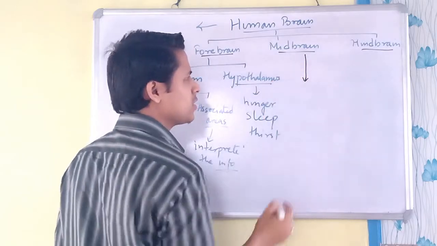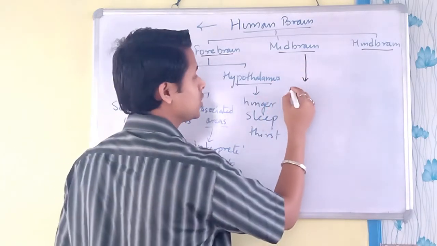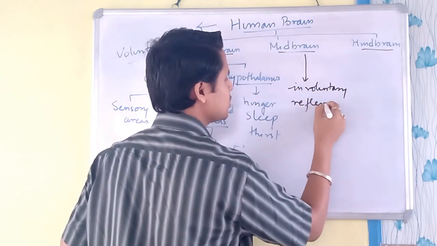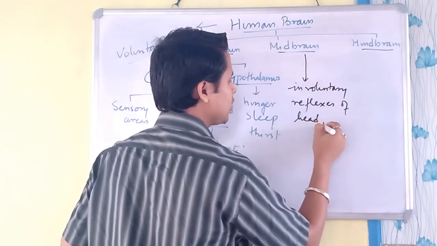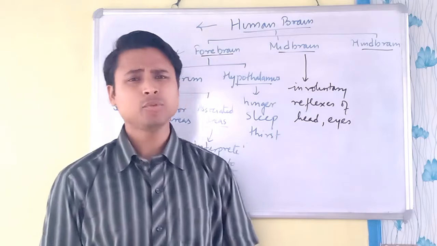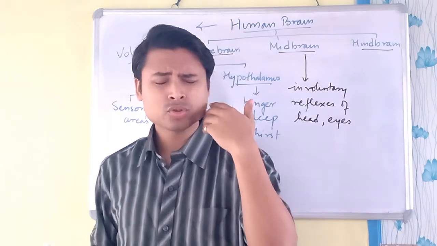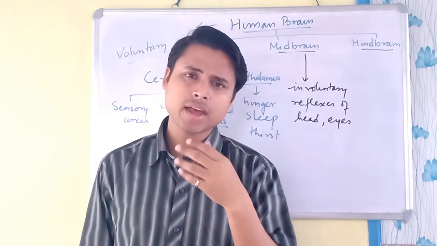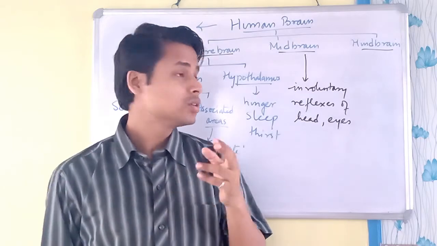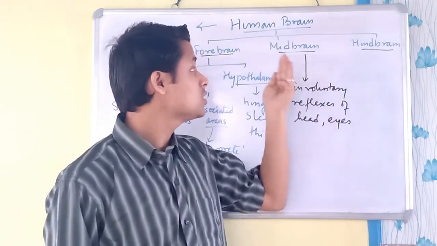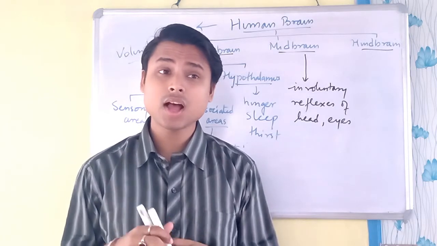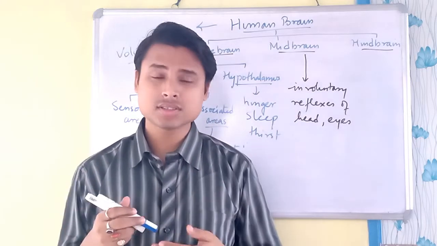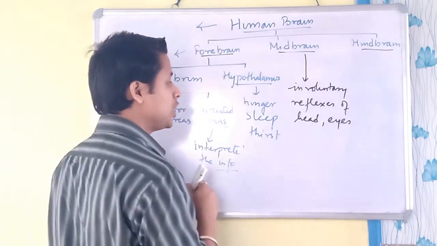Midbrain, as I have said, is doing the involuntary action. So it is doing the involuntary reflexes of head and eyes, right? For example, if I am talking and I am so much engaged in talking, and along with that talk I am moving my hand and blinking my eyes, right? This is everything the function of the midbrain, where I am not actually doing it voluntarily, but it is happening involuntarily, right? Even the change of pupil,